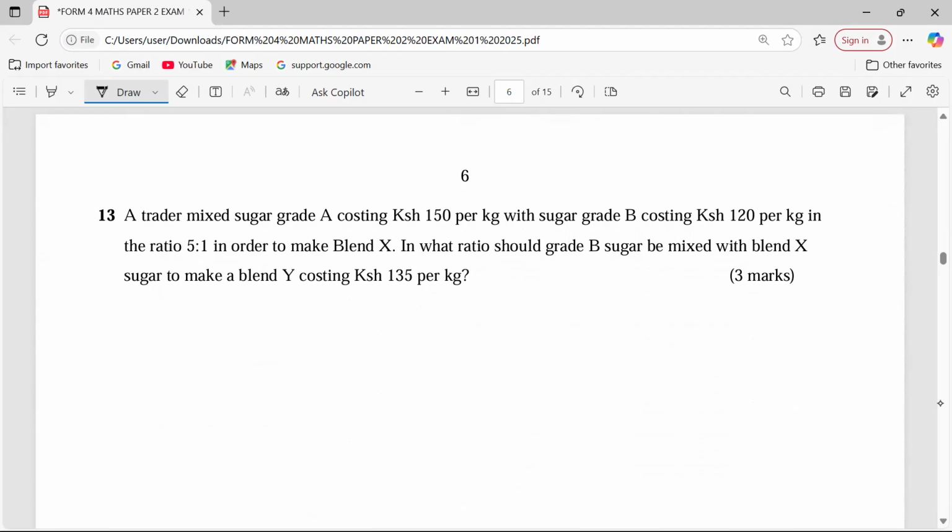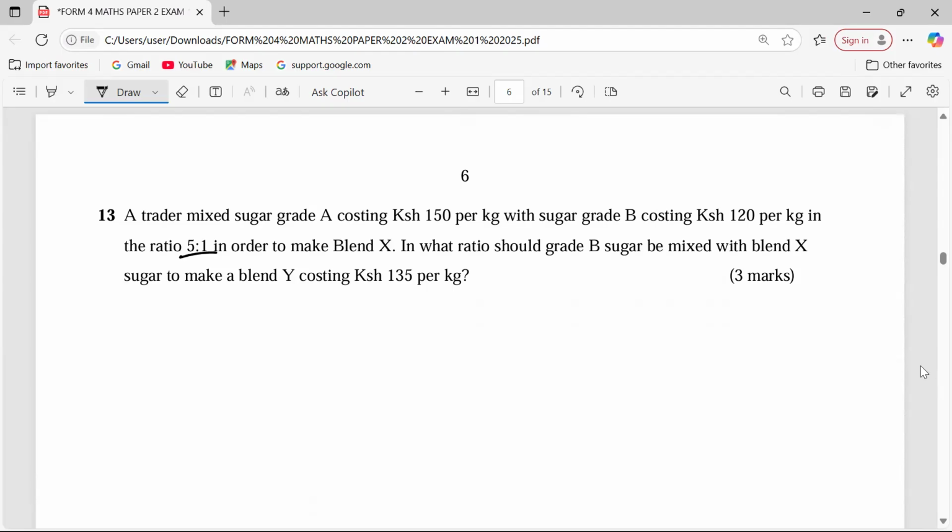A trader mixed sugar grade A costing 150 per kg with sugar grade B costing 120 per kg in the ratio 5:1 in order to make blend X. In what ratio should grade B sugar be mixed with blend X sugar to make a blend Y costing 135 per kg. Let's first talk about the first mixing here,